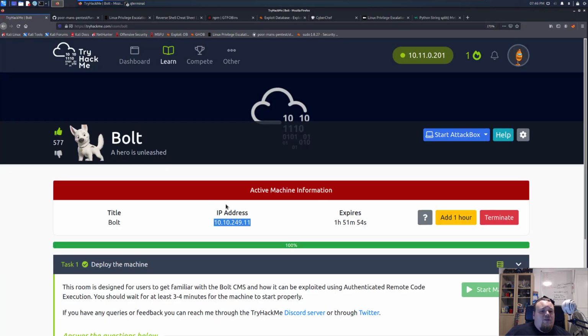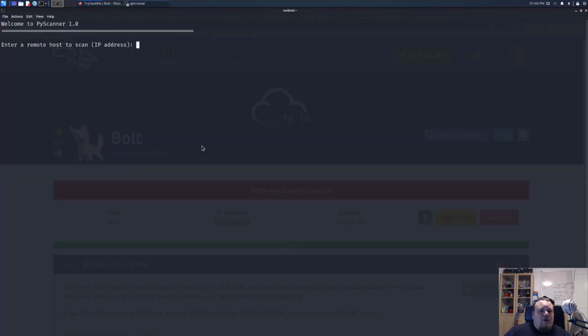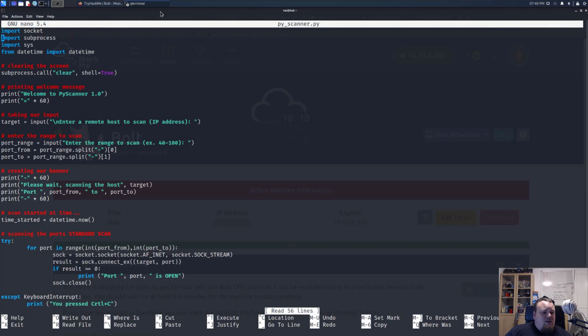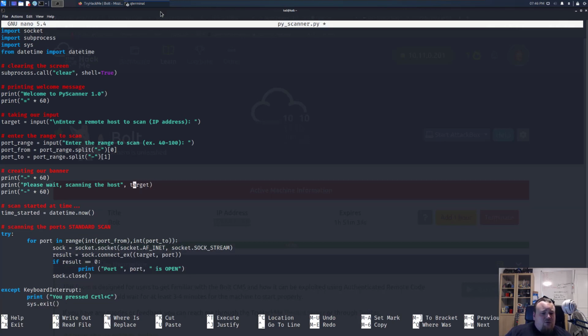Let's go ahead and take the IP again. So we're gonna copy that, put it in, say 1 to 50, and it's scanning the host. It looks weird, so let's go ahead and say it's not that way. Scanning the host, target, yeah, then say